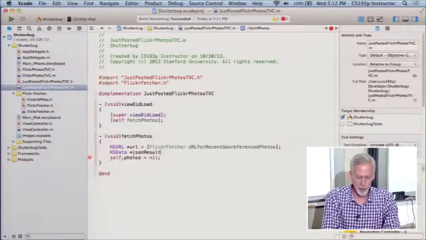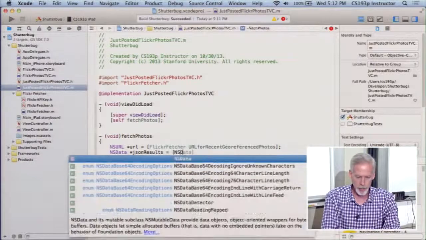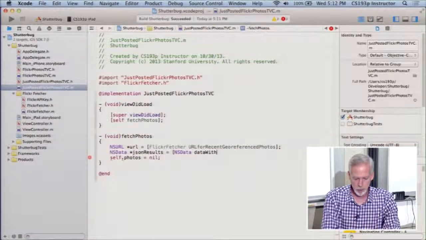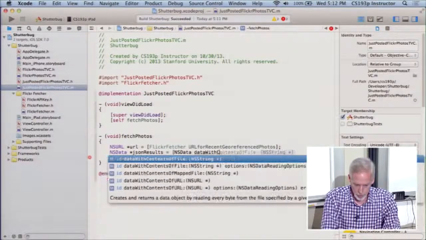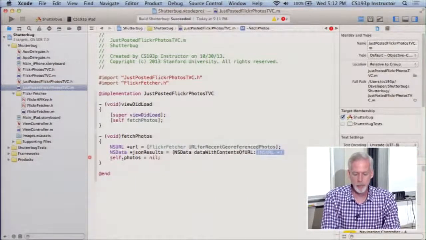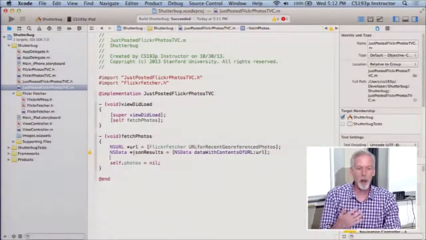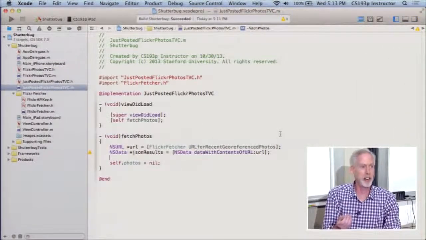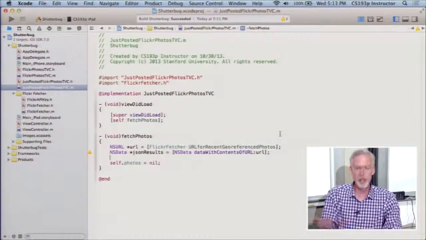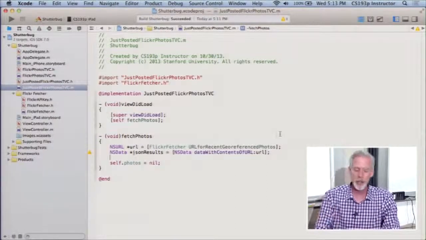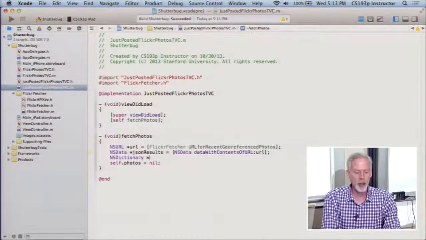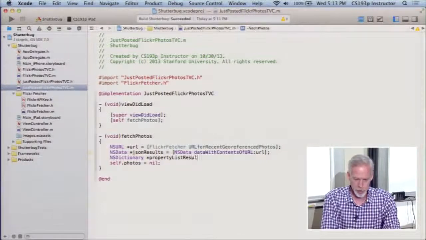So I'm going to get those results in JSON by saying NSData, data with contents of URL. Same thing we did before, but I don't want them in JSON format. Really, the format that I want them in is arrays and dictionaries. That's a much nicer format for us to deal with than JSON. JSON is like arrays and dictionaries, but not exactly the same. Luckily, there is a way in iOS to do that, so we'll change that to basically property list results to